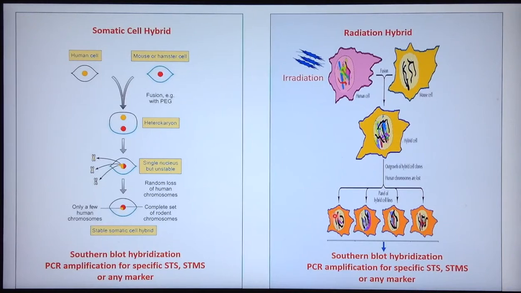So the greater the distance between the two genes, the lower the likelihood that they would be present in the same hybrid. The procedure is almost the same as meiotic recombination mapping,